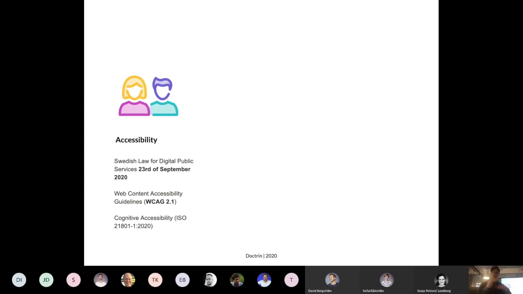I've been working especially with these kinds of guidelines, as well as cognitive accessibility, which is a new ISO standard that a group called Begripsam, who are working together with people with different cognitive disabilities, is taking forward, and that will be a complement to WCAG for these aspects. For this project, I've been working with this group of 4 participants who have been involved in this project throughout the process.